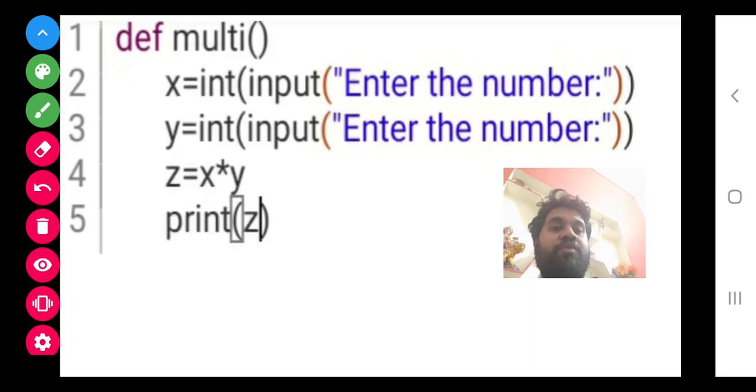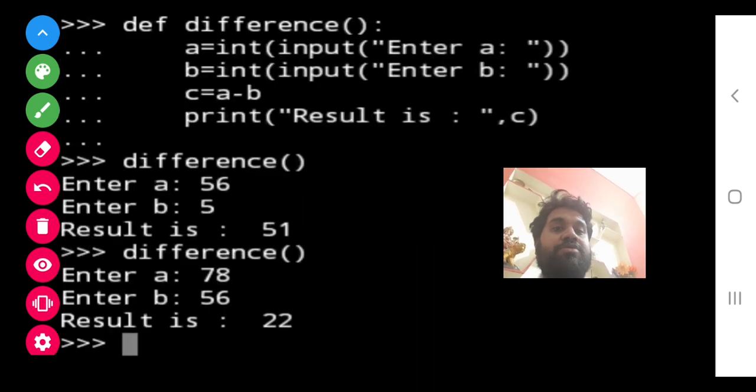But if you want to use the user input method so that the user can enter the value again and again, you can give this and different answers can be obtained, like a calculator. Whenever you want the difference of two numbers, you just write difference within brackets and it will run. So this is the way we can create a function.